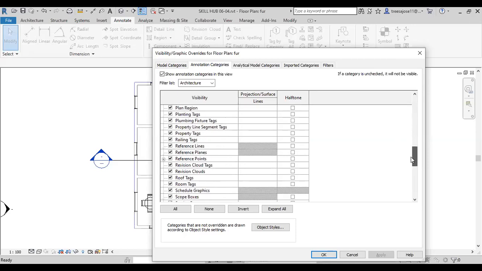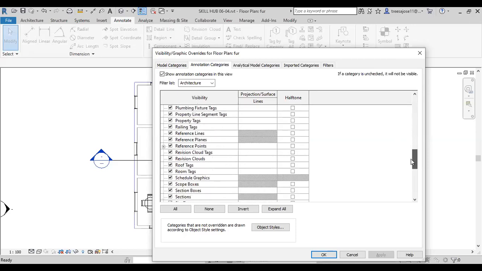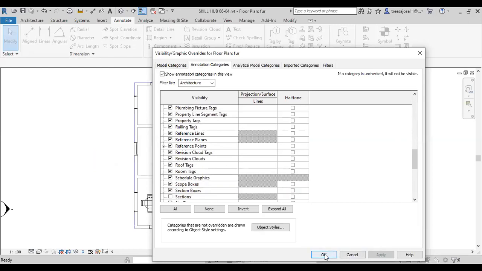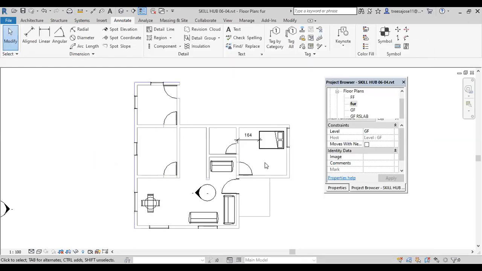I don't want to see the section. That time there is the section. Select that one. Apply. Okay. Then you will get a clear view, because the door also is in half tone. Otherwise, depending upon your needs, you can add line weights also. All these come under the visibility graphics. Okay. Then the next is,